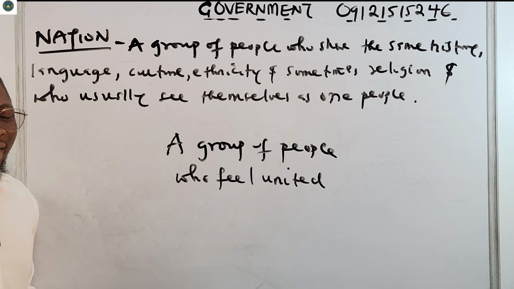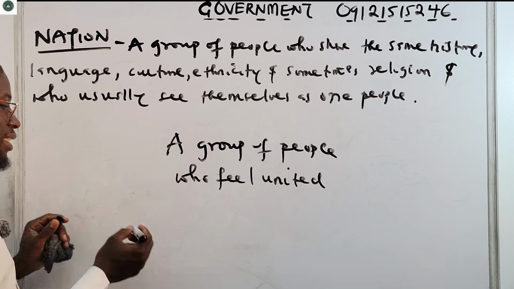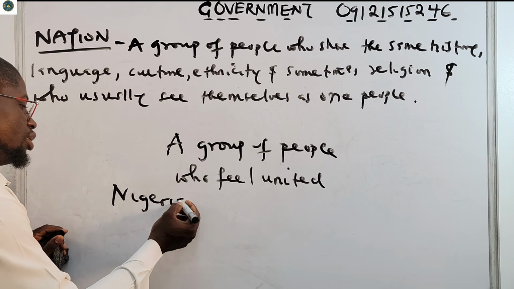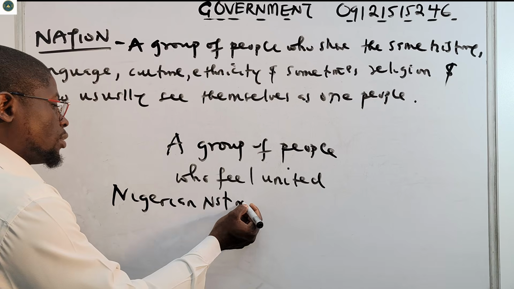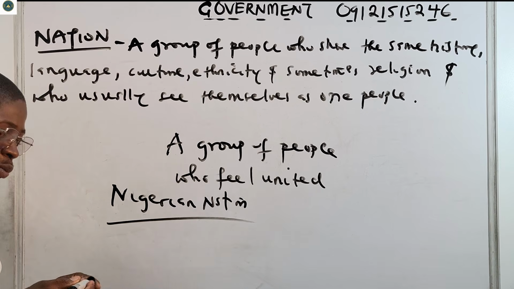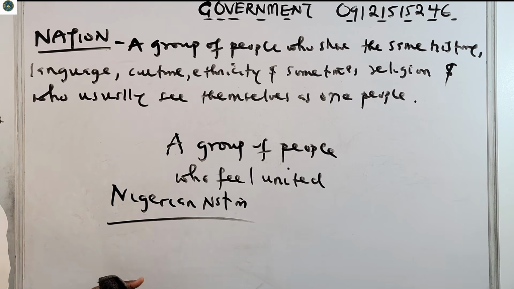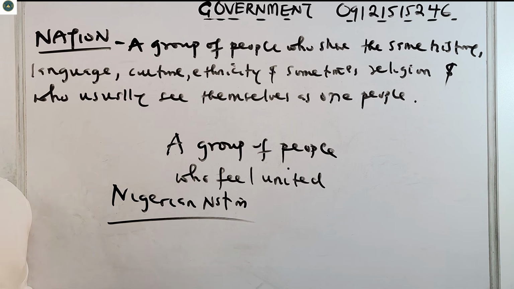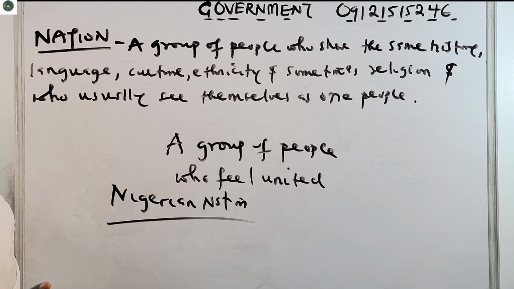Of a nation. All Nigerians together can also be called what? Nigerian nation. Because what do we share? A common identity. All of us are Nigerians. So if they ask, what's your nationality? You say it's Nigeria. So Nigerian nation, right? All of us are under the Nigerian nation, so we share a common identity. We are from the same place and we share a common identity. So we can say Nigerian nation. All right, so that's a nation: a group of people who feel united because of what they have in